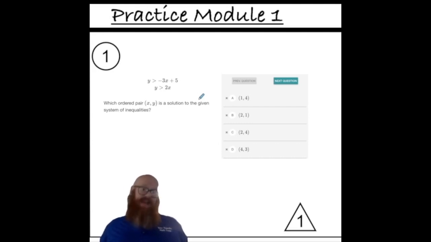In this video I'm going to do the first module, which is 22 problems, and then in the subsequent videos I will solve the Module 2 easy version and the Module 2 hard version. So let's get started. Here in number 1, we have a system of inequalities, so I am going to use